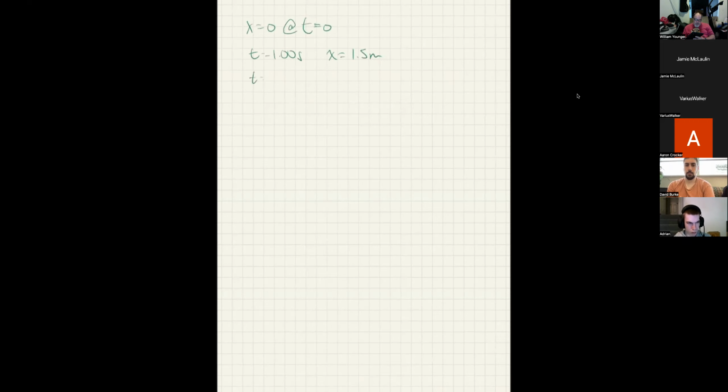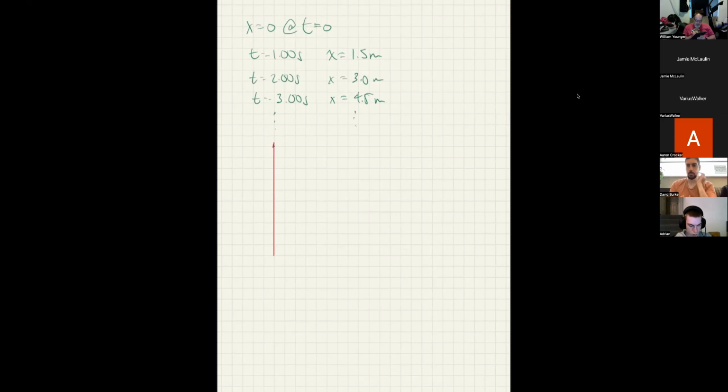And then at t equals 2.00 seconds, x was equal to 3.0 meters. And at t equals 3.00 seconds, x is equal to 4.5 meters. And let's say dot, dot, dot. We see a pattern, in other words. So what I'm going to do is make a graph